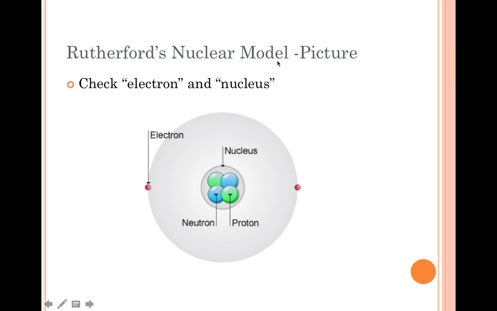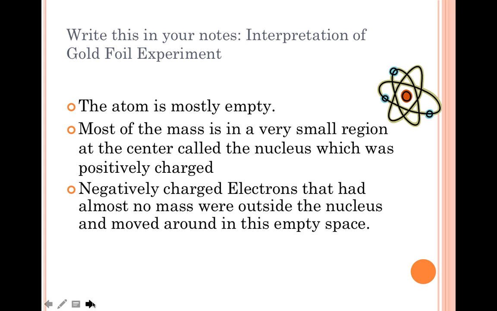So next to Rutherford's nuclear model, it's really important that you put the gold foil experiment, and that you check electron and nucleus. This is essentially what he thought it looked like. He had a nucleus with protons and neutrons, and I'll explain when that came into play, but very shortly afterwards. And then the electrons were somewhere out here, okay? But they weren't very massive and they weren't doing very much, and most of the atom was empty space. Very pivotal. Gold foil experiment, electron and nucleus, check those off.